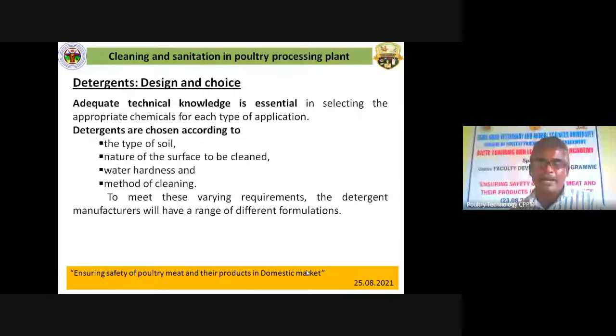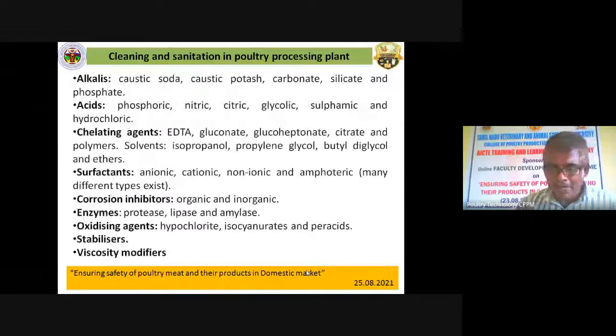business operator or food processing plant manager, and the food processing operator also should be capable enough to choose various commercial formulations available in the market. The usual components of detergent include alkalis, acids, chelating agents, surfactants, corrosion inhibitors, enzymes, oxidizing agents, stabilizers, viscosity modifiers. Actually, not all detergents that are formulated will have all these components. So depending on the processing plant requirement, they will design their